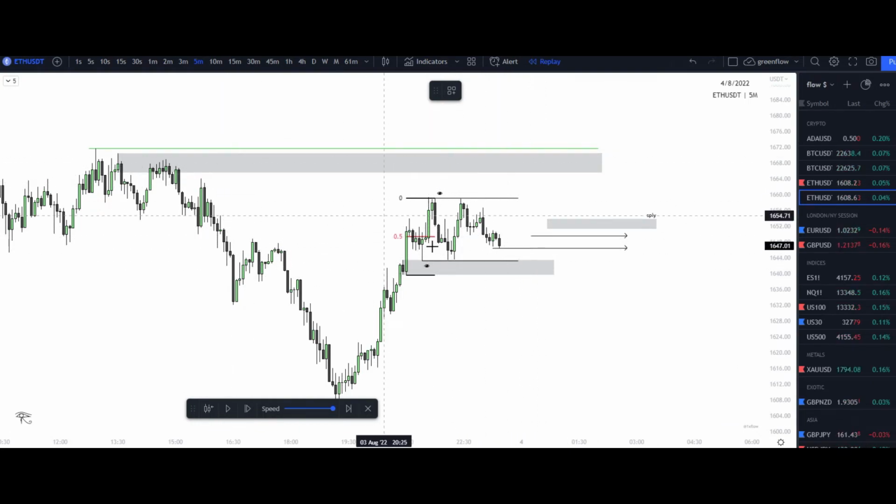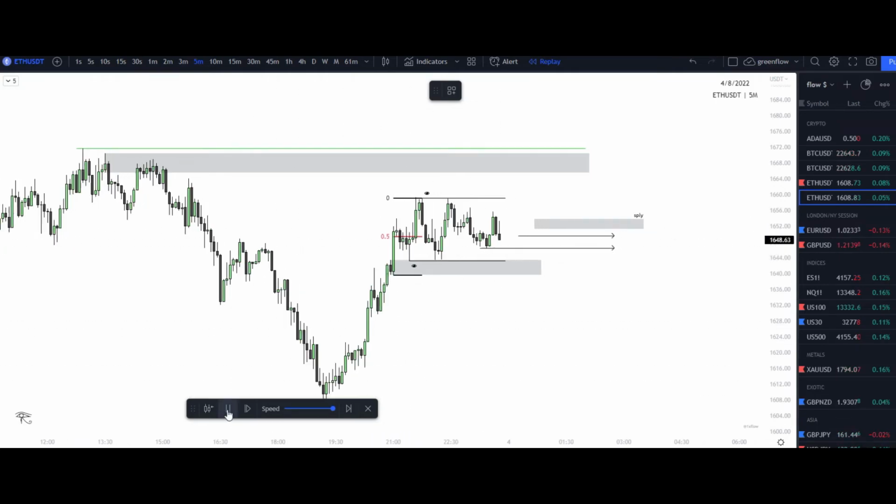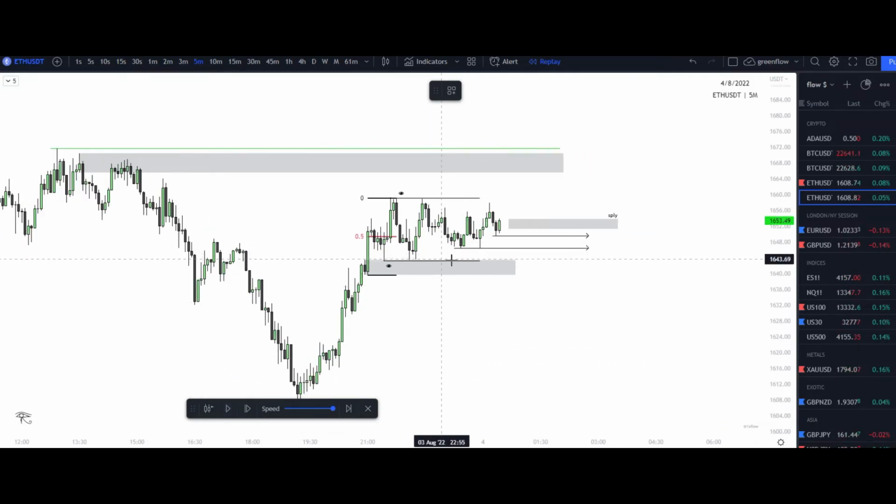Now for a possible distribution, what would I be looking for? Price to show those highs and leave those lows. So we continue to manipulate highs and leave lows, continue to stay in premium of our range. Look at our range, look where we are at, and look where we start to leave lows. Look at all this sell side liquidity we start to leave. We start to come higher into premium.